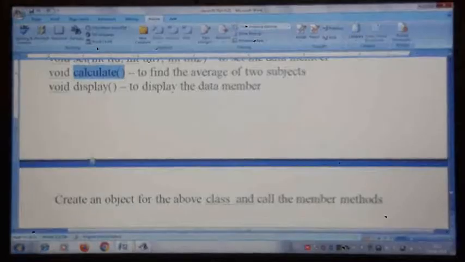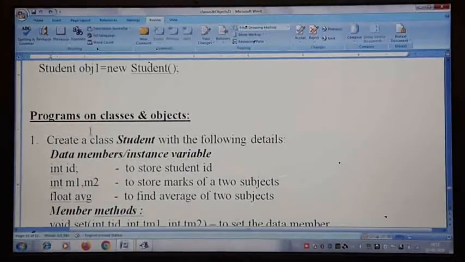Once you finish with the design of this class student, when the question says design a class with the name student, you are supposed to write a class with the name student only. If you change the name, you lose the mark here. Marks are allotted for each and every step. So be careful with everything, each and every line, just follow the steps.